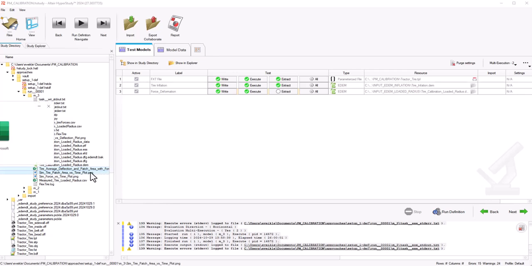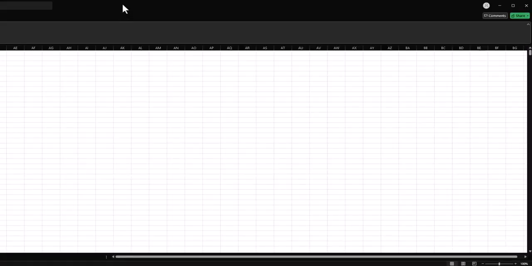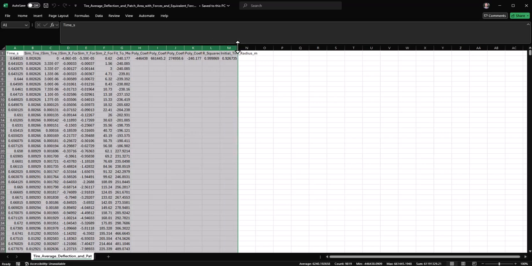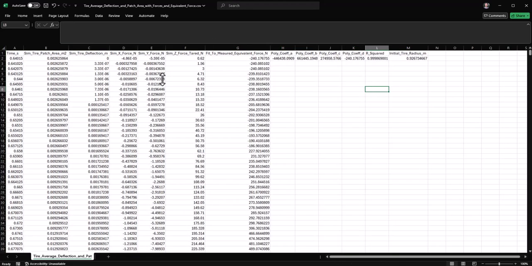We also get some other important output information here that we will leverage. We have this CSV file that contains all of the information that's used to generate the plots that I just showed. We have time. That time data set is starting when the tire first touches the particle bed. We have the approximation for the simulation of the tire patch area in square meters, the tire deflection in meters,